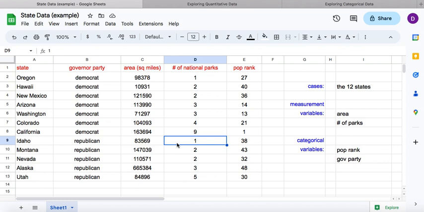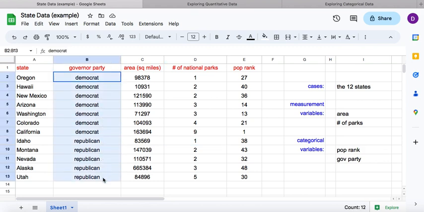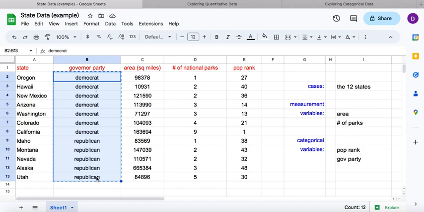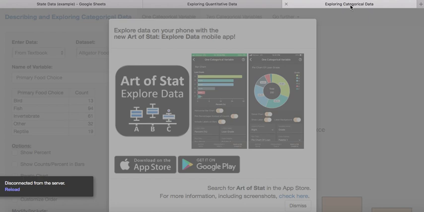Another thing we'd like you to take a look at is the idea of using applications to make graphs and do calculations. So first of all, I'll show you, let's say we highlight and copy, Control C, or if you go under Edit for copy, okay, copy all the data for Governor Party. Then I put a link in your folder called Exploring Categorical Data. And when you click on that,